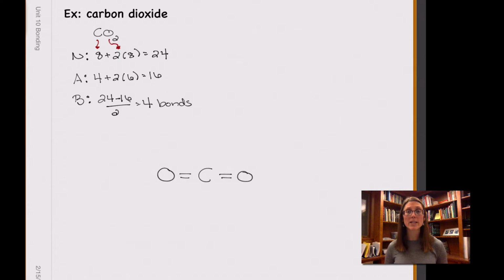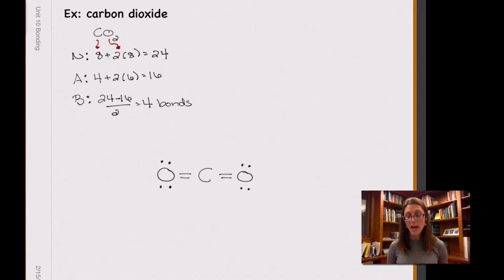Now those 4 bonds have accounted for 8 of our available electrons. We still have 8 more to place. So we're going to use those 8 to fill the valence shell of the oxygens first. The oxygen on the left currently has 4 electrons around it. It needs 4 more. So I will place 4 electrons around that oxygen that has filled its valence shell. The other oxygen needs the same, and that is used all 16 of